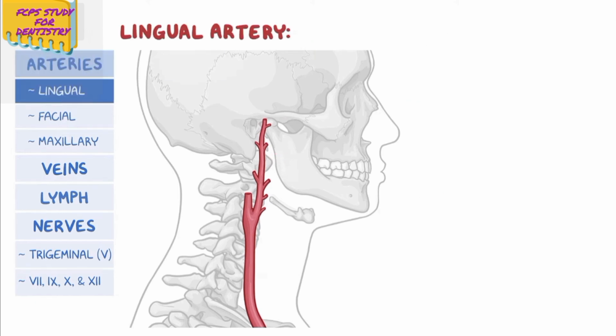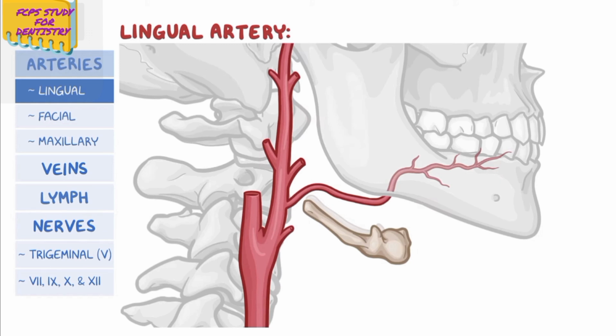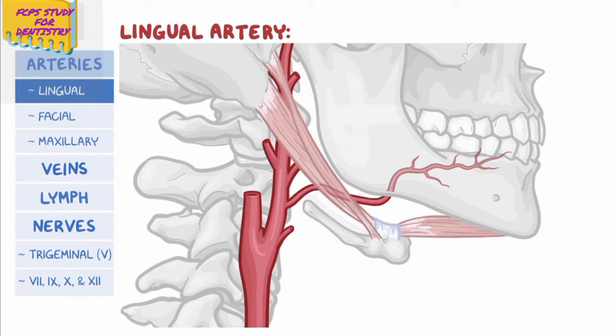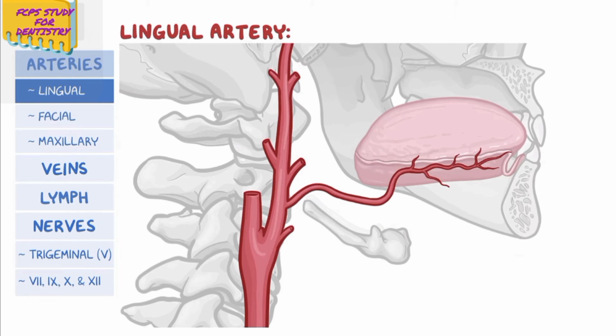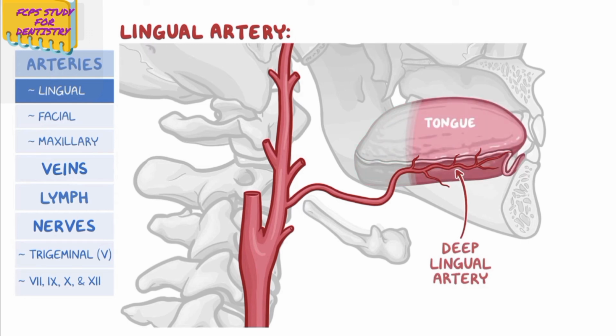The lingual artery is the second branch of the external carotid artery and arises at the level of the greater cornu of the hyoid bone. It runs upwards and medially till it reaches the greater cornu and then dips downwards beneath the posterior belly of digastric and stylohyoid muscles, creating a loop over the hypoglossal nerve. The lingual artery then ascends almost vertically upwards to reach the tongue's inferior surface and continues as its terminal branch, the deep lingual artery, which supplies the anterior 2/3 of the tongue.